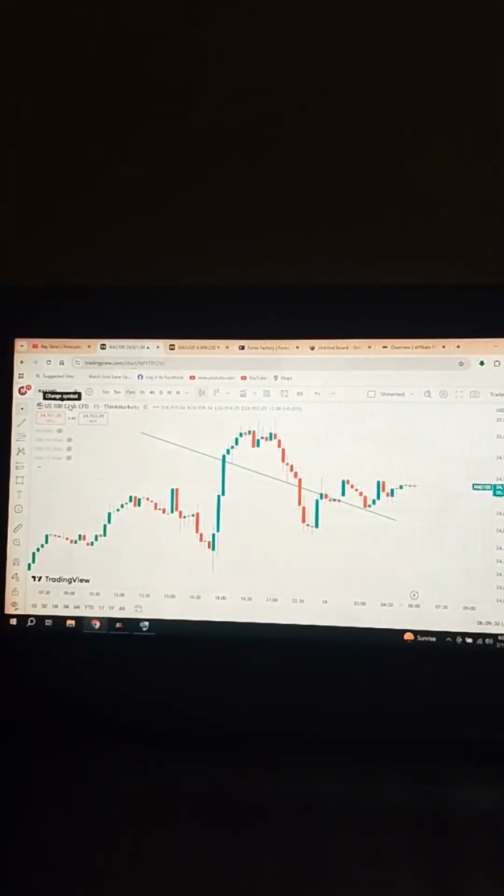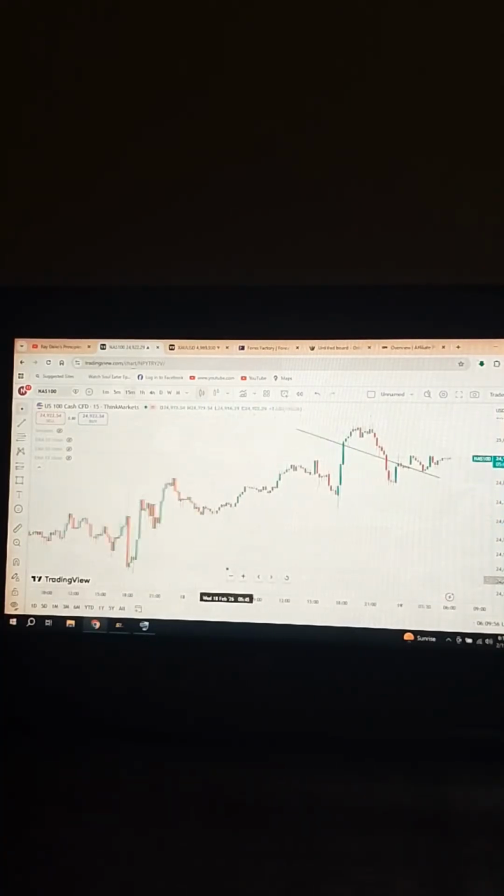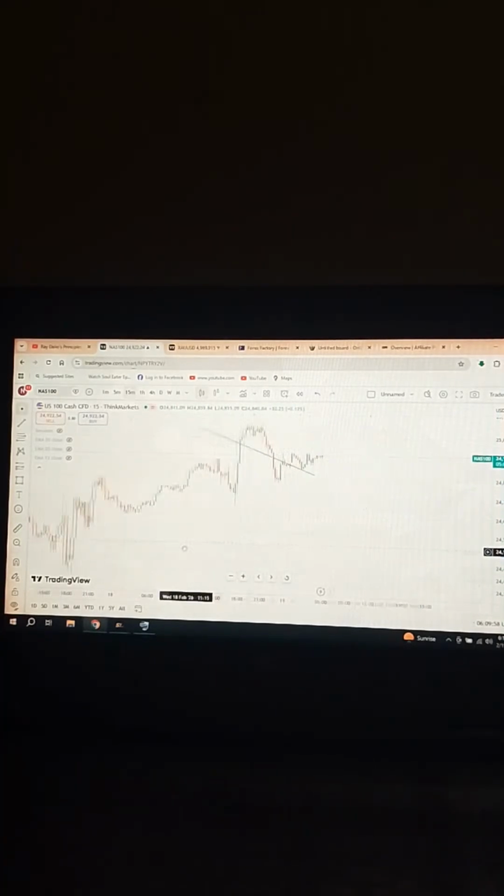So if you wanna trade this Nasdaq, there are so many strategies, but I'm gonna break it down right now on how to trade Nasdaq the right way. So the first thing which you should do, guys, is